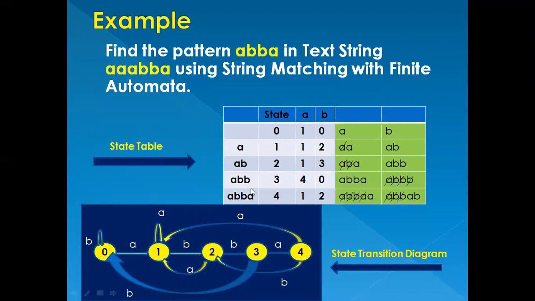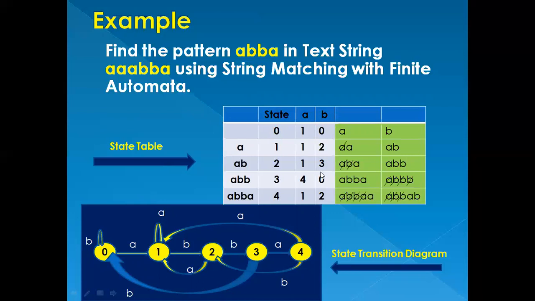Then in an incrementing fashion, you put in the pattern that you have got. So your pattern is ABBA. Your first state is going to be only the first character in the pattern, so it's going to be A. Then you add the next character, so it will be AB. Again, in the incrementing fashion, you add the next letter, so it will be ABB. Then next to that, it is going to be ABBA. So that's the final state. Then you also need to specify the input alphabets in the pattern. In this particular pattern, you have only two input alphabets, A and B. So you are going to put that in the columns.